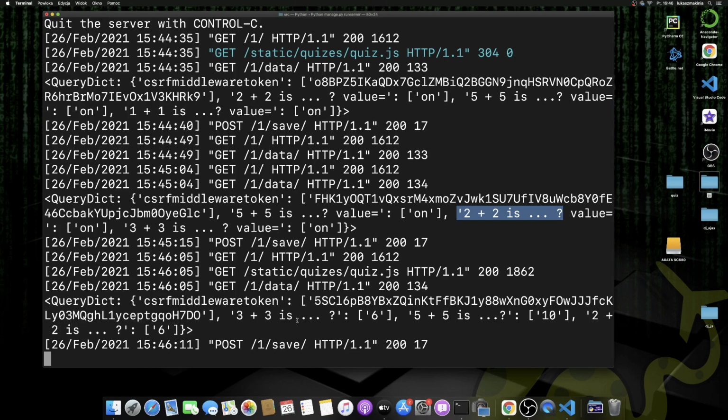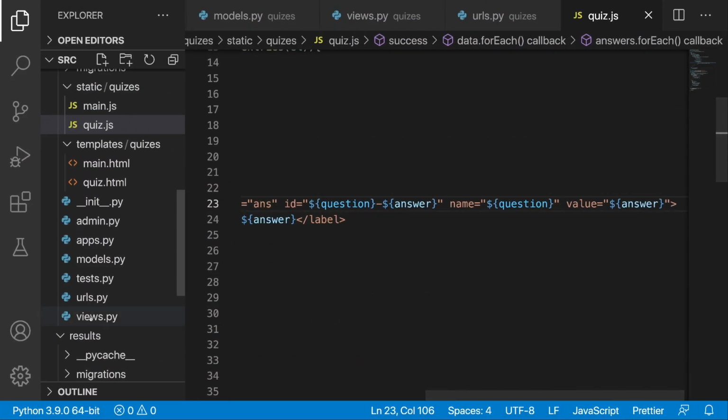So we have the Csrf middleware token. We have only the questions and what we actually answered. Okay, so this is exactly what we wanted to achieve. So right now what we can do is to basically get rid of this Csrf middleware token, and we will have the dictionary of the questions and the answers. All right, so in order to do this, well, we need to go back to Visual Studio Code, to the